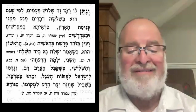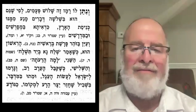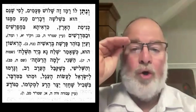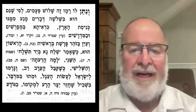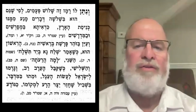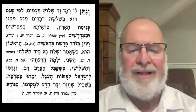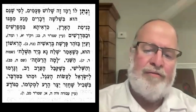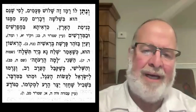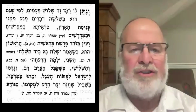When Moshe decided to accept the mixed multitude, the Erev Rav, a term that refers to non-Jews who came to Moshe in large numbers and said, we want to accompany you. We want to go with you on your journey, on your adventure. And Moshe allowed them to come. Vigarmu, and they caused, top of the next column, Li Yisrael lasos ha'egel, and they caused the Jewish people to